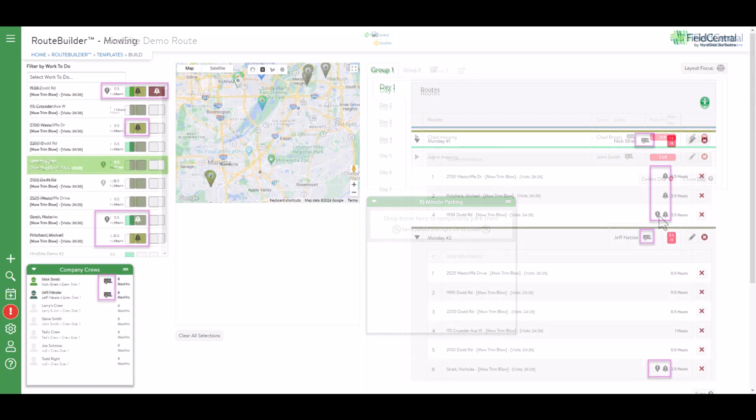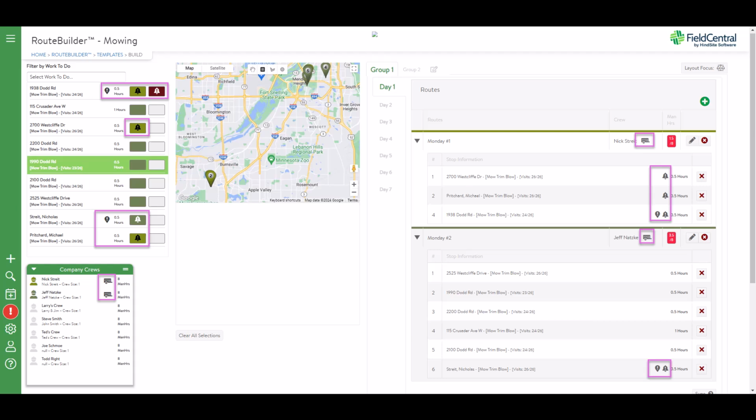Please be advised that if you are leveraging vehicles and equipment setup, then the user will see warning messages flagged in the event a property requires certain equipment or in the event a vehicle does not have the right equipment to perform the work. This will alert you of potential route issues and allow you to reassign the property to an appropriate crew. These warning messages will not prevent you from scheduling, but they will notify you.